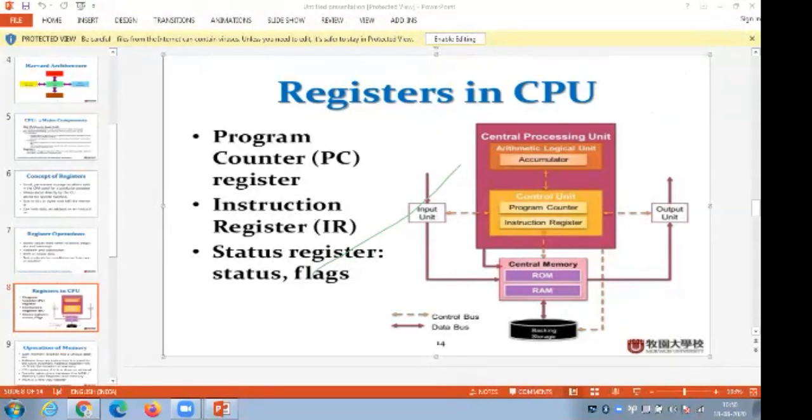So when we execute the instruction, the program counter asks for the instruction to be executed. So the executed instruction is registered in the instruction register. So A plus B is registered in the instruction register. Now I think you can understand the difference between the program counter and the instruction register.